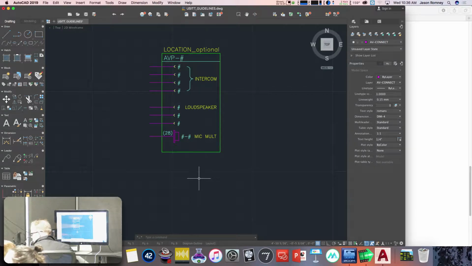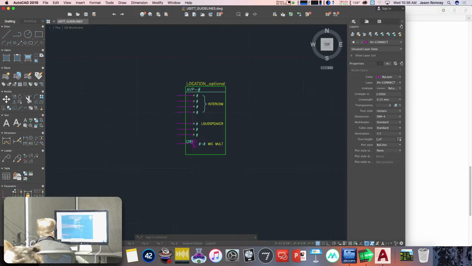How we doing? I love CAD. I've got a thing going with CAD, but it's